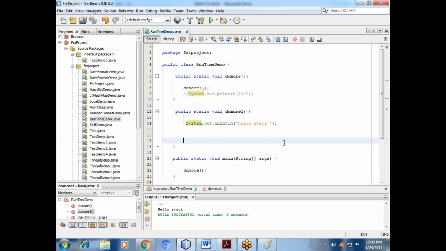What do you get? File not found exception. If it is checked, file not found exception, who has done it? Compiler. So for smooth execution, whatever you have done, they call that checked exception. Got it?